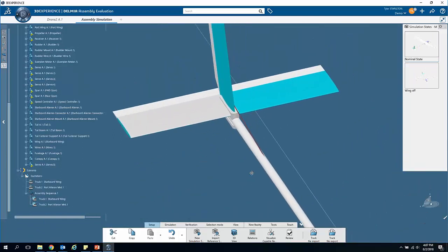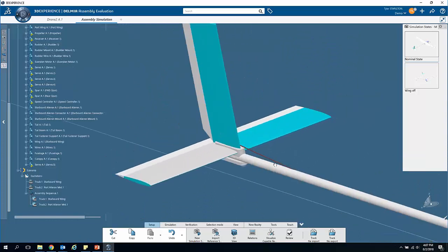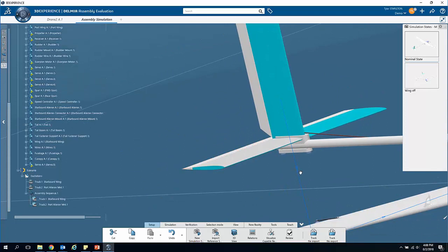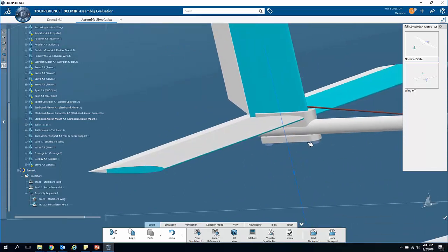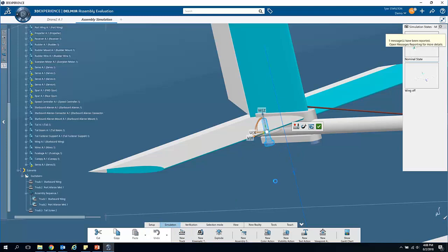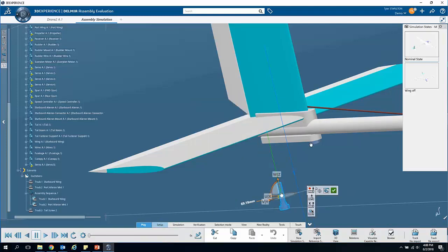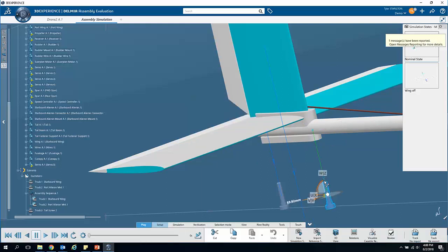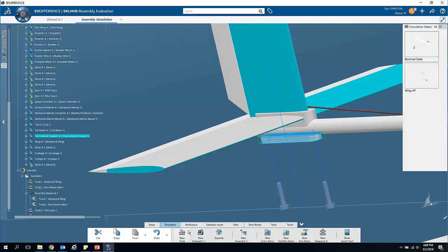Alright, let's try something a little bit more complex. I'm going to create a couple of motions here for this tail assembly to come off. Now I could pull both of these screws off at the same time, and I probably would want to normally, but I only have a few parts to work with here, so I'm going to do them one at a time. Pull that down, hit record, hit OK, grab the other one, new track, pull it down, record, hit OK, grab this guy, new track, pull it down,